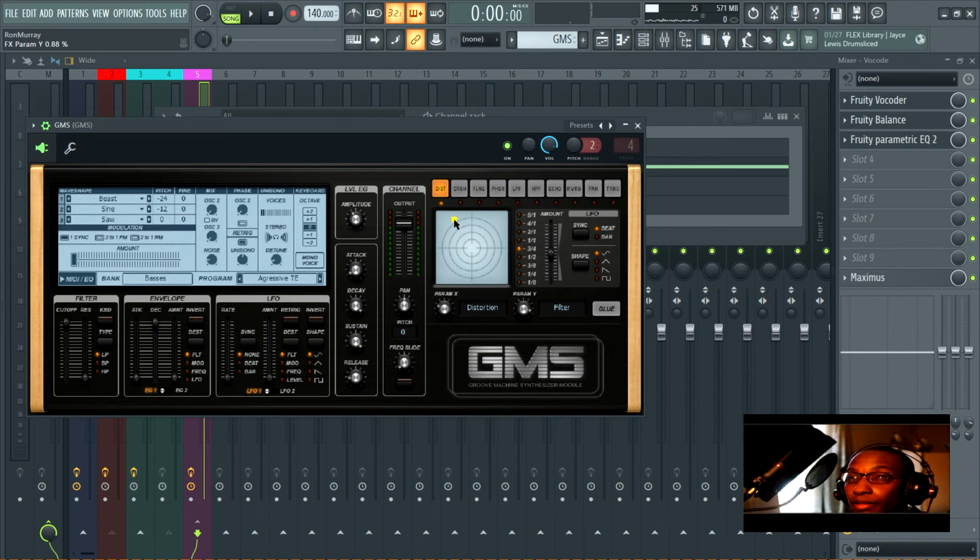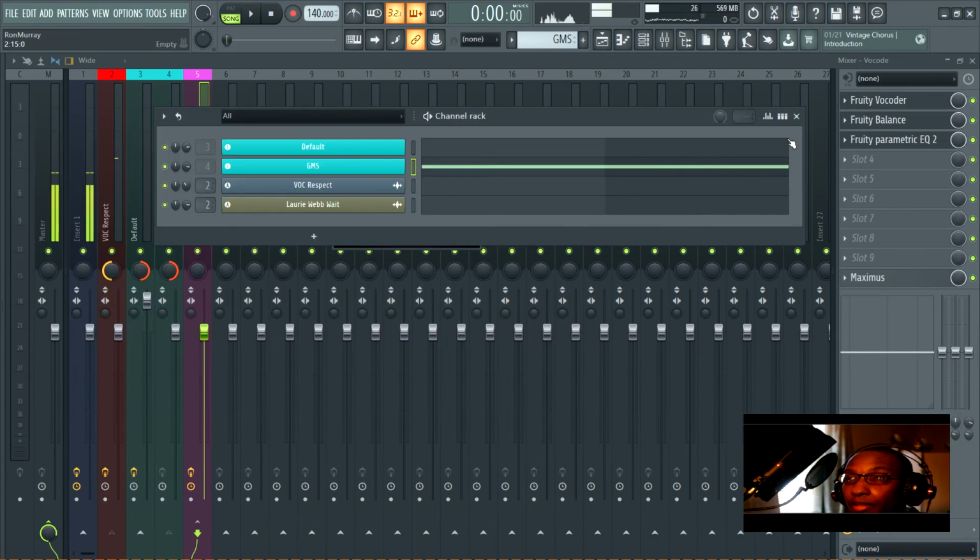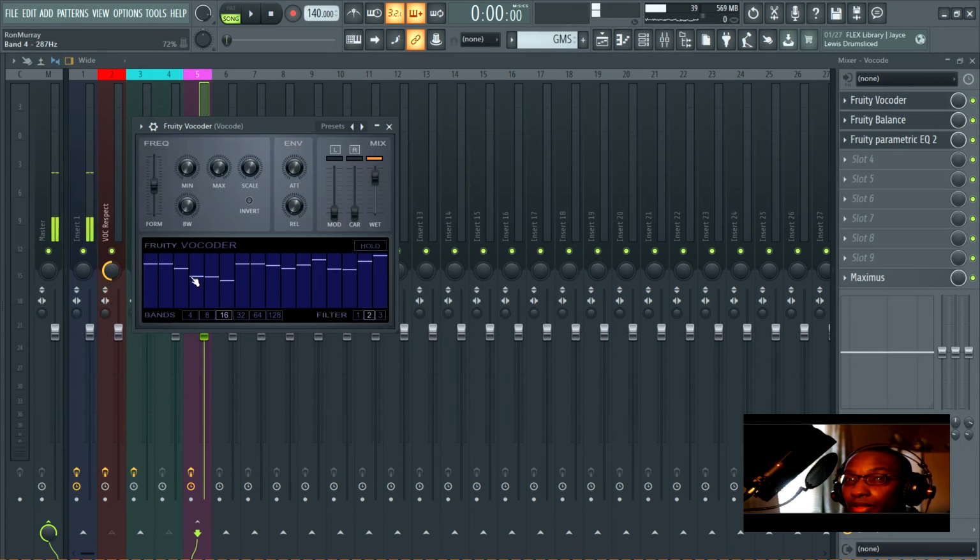So as I add more upper harmonics, you can hear that the sound becomes more clear. Respect. Now let's glue that there because I like it. Consider that here I EQ'd,